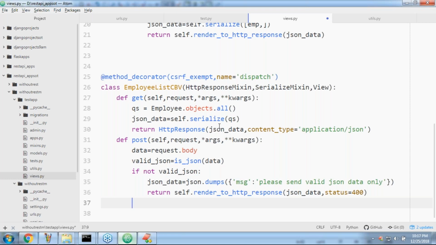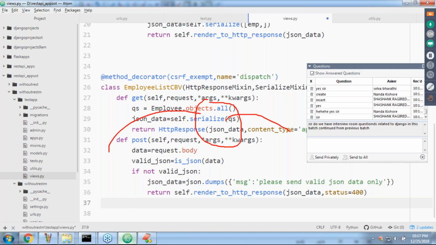Whatever data the partner application is sending, we require to store in the database. To store the partner application's data directly in the database, it is highly recommended we go for model forms, model based forms.